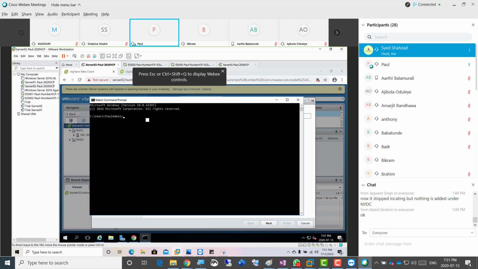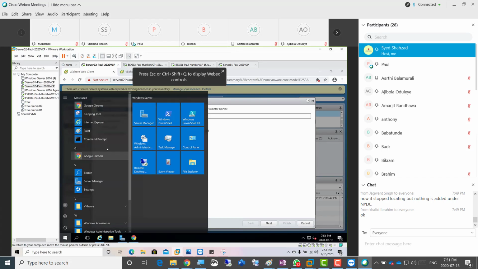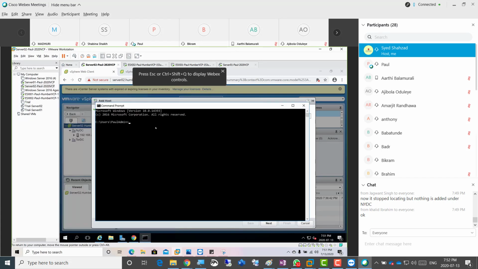So what happened? It's not giving me access. I don't know why. Well, I guess it's the RAM issue. You can close and open again. Like 2.168.200.3. Okay, we can ping